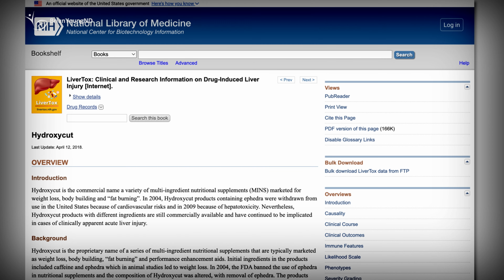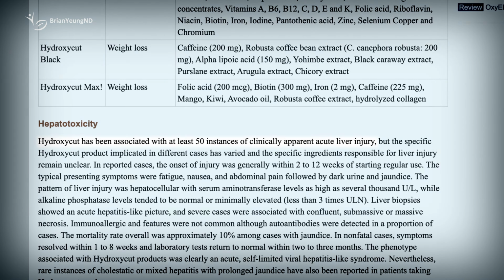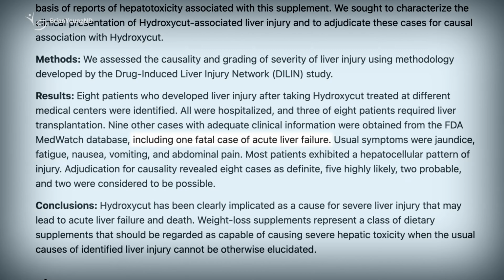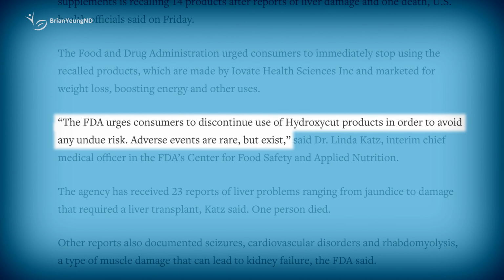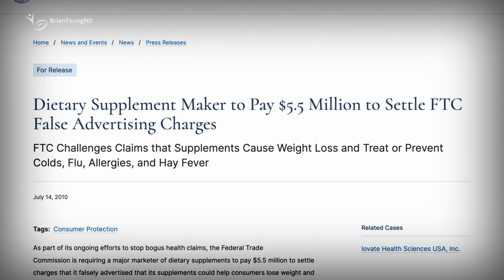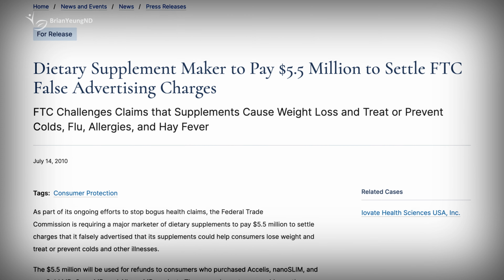Even after Hydroxycut removed ephedra and reformulated their products, a number of serious side effects related to liver injury, including at least one fatality, was linked directly to Hydroxycut. The FDA then issued a warning in 2009 and recommended that consumers stop using Hydroxycut. And in 2010, the FTC fined the makers of Hydroxycut $5.5 million for falsely advertising that its supplements could